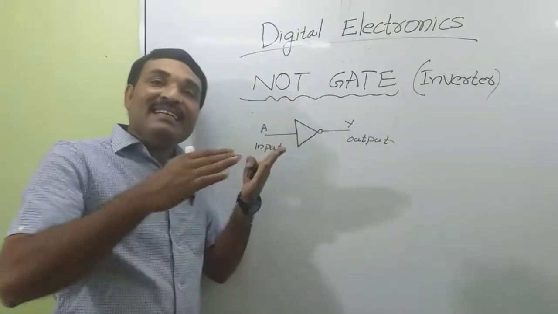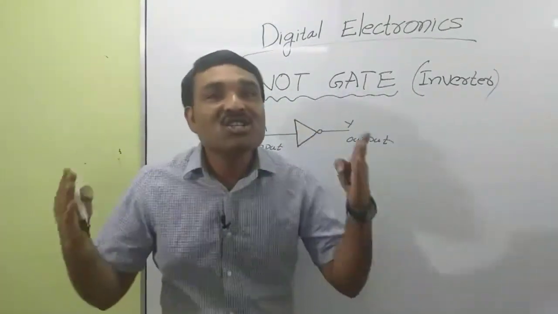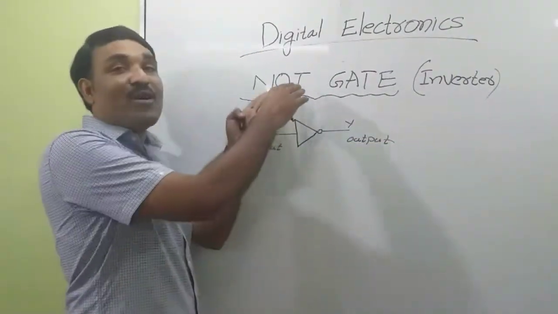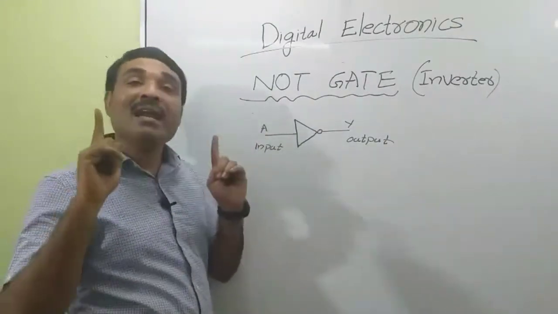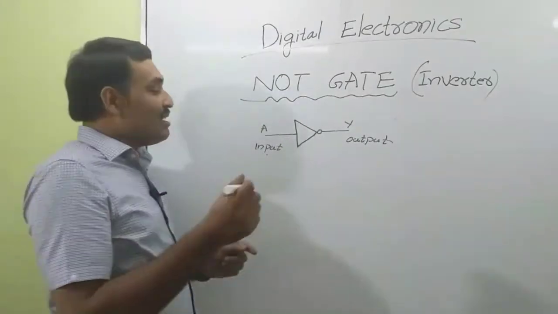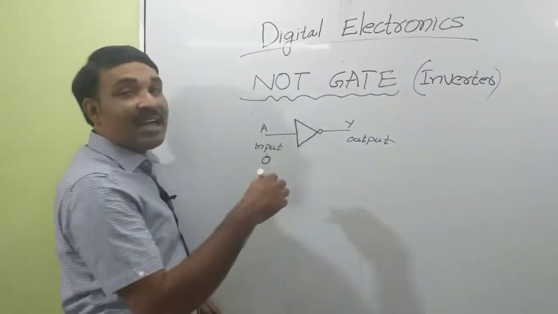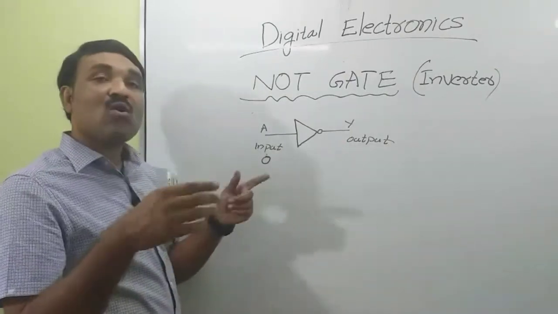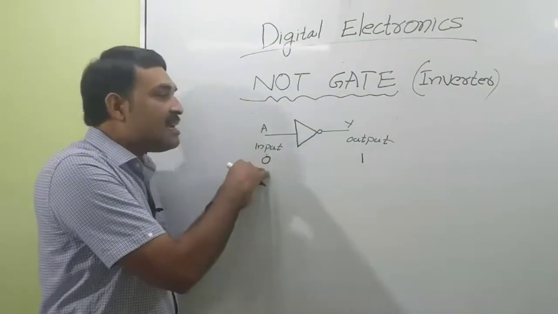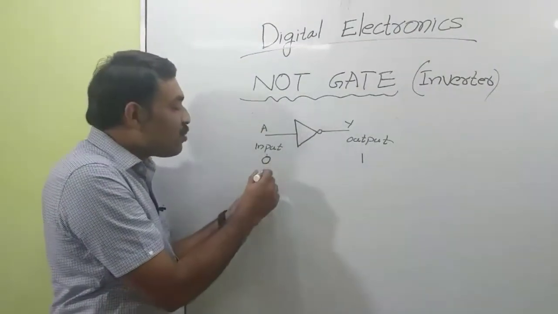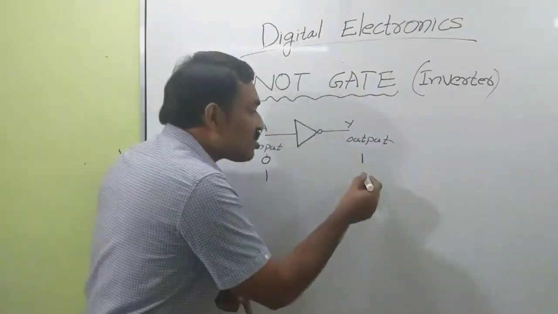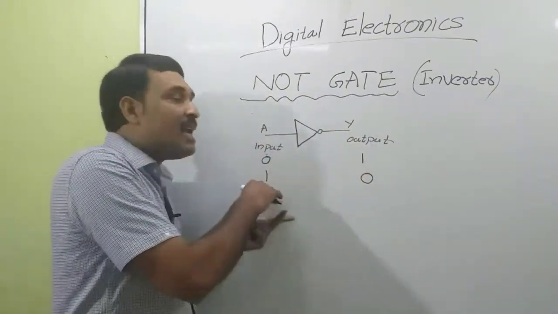Now the NOT gate. This gate is used to perform inversion or complementation operation. This represents the circuit symbol for a NOT gate. For a NOT gate, we have only one input, either 0, that is low level, or 1, that is high level. Suppose I am giving an input 0. The operation taking place is complementation. So the complement of 0 is 1. So our output is 1. So a low level is changed to a high level. Suppose our input is 1. This is a high level. And the complement of 1 is 0. So the output is 0. So a high level is changed to a low level.